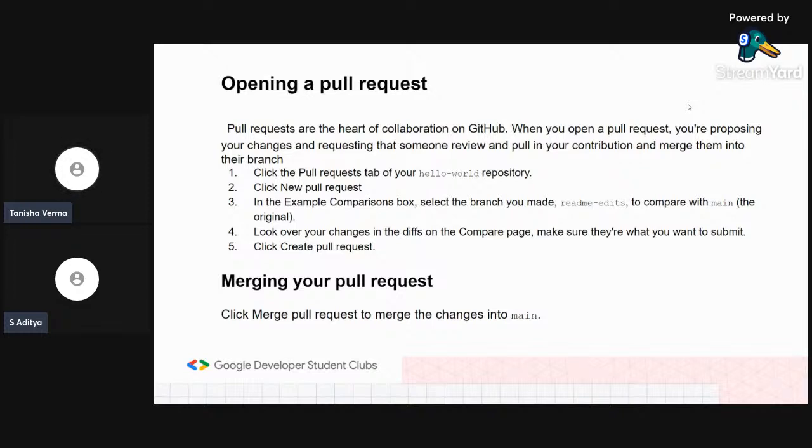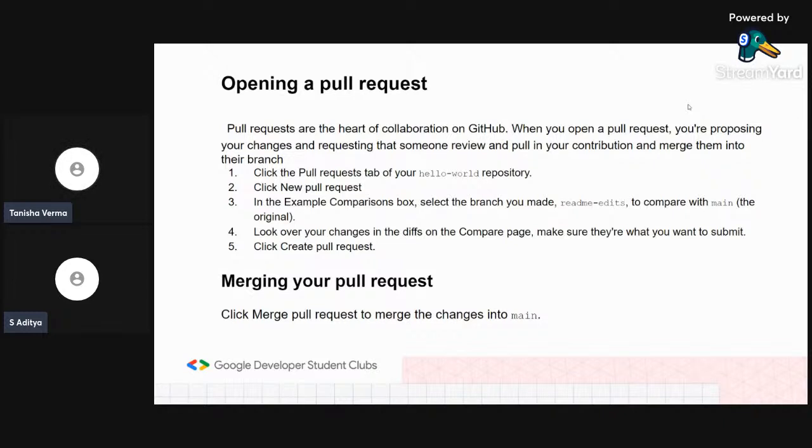When you request the code to get it on your laptop, you need to press the pull button. Pull requests are the heart of collaboration on GitHub, right? Until you pull some request, you cannot get access to any projects. When you open a pull request, you're proposing your changes and requesting that someone review and pull in your contribution and merge them into their branch.